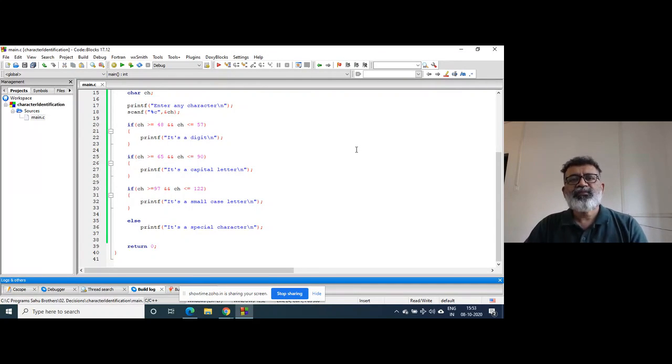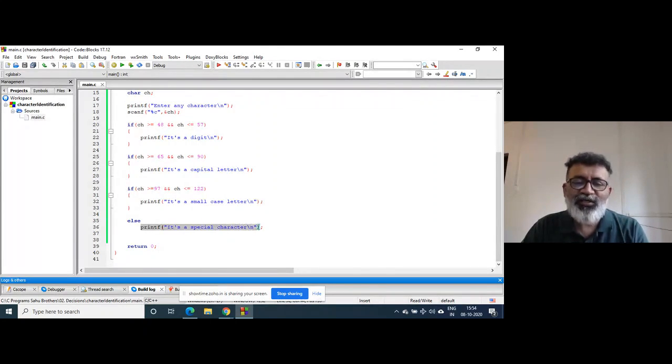But since the CH in which we have entered 0 has ASCII value 48, 48 is not greater than or equal to 65, so this is false. This condition is false because 48 is not greater than or equal to 97. Now, since this condition is false, it goes to the else part.